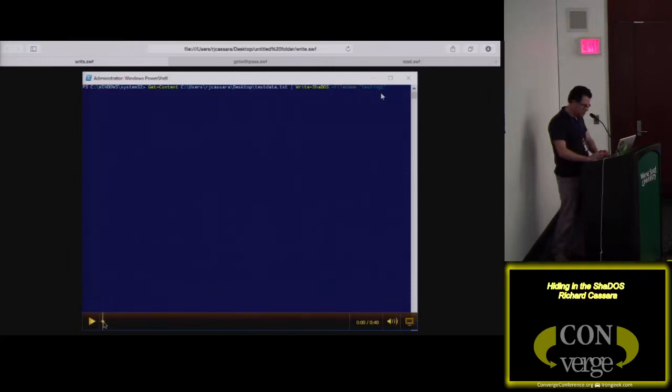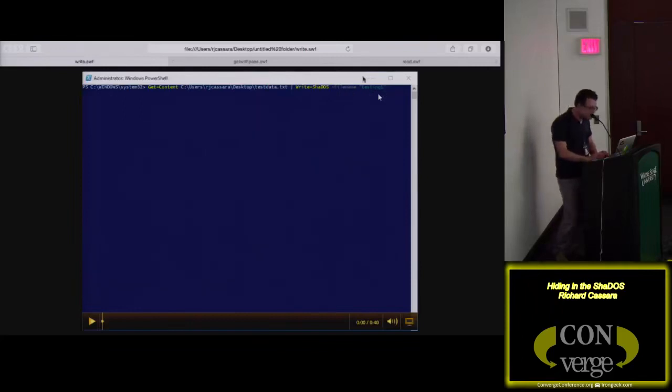This is the Write-ShaDOS function. What I'm calling here is Get-Content on a testdata.txt file that's on my desktop, and then I'm piping that into Write-ShaDOS, and I'm assigning it a file name, that's the parameter here, of testing1.